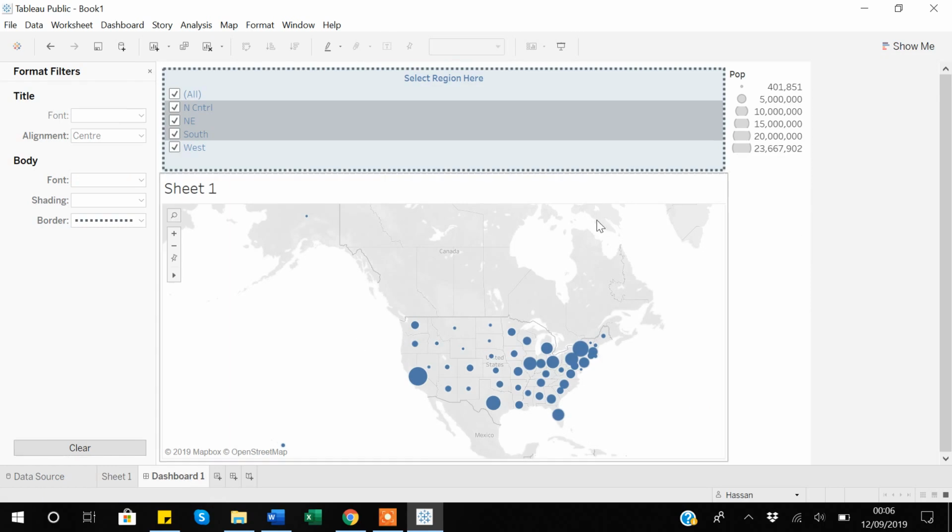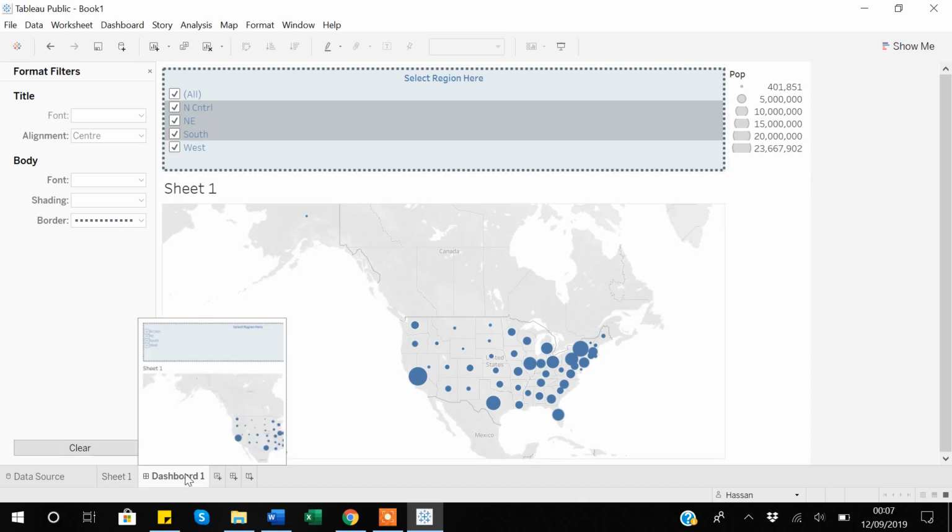You can also do it from here, and I will recommend formatting your interactive filter within the dashboard view instead of sheet view, because while formatting in the dashboard, you can instantly see what changes are happening, instead of doing those changes in the sheet mode first and then coming to the dashboard to see what happened to the format of your interactive filter. So if I come back here,